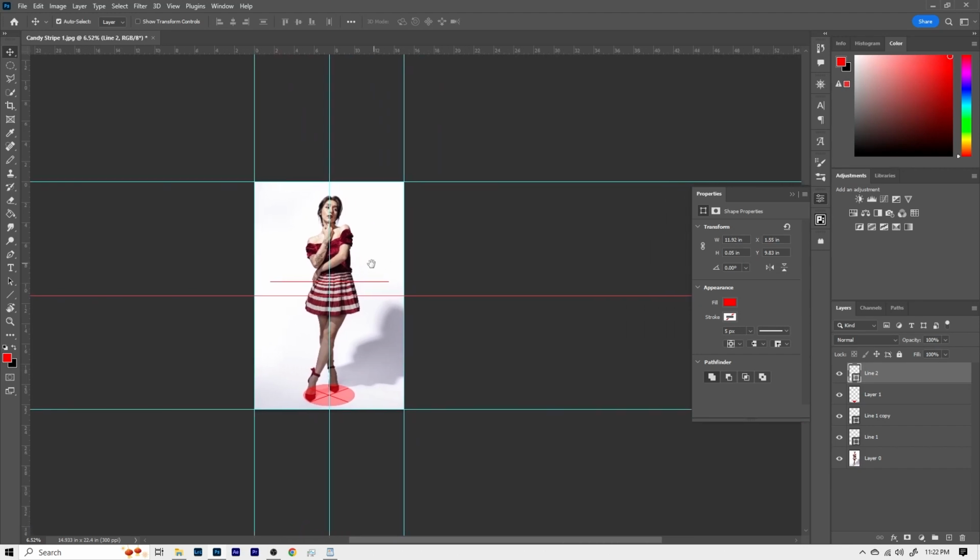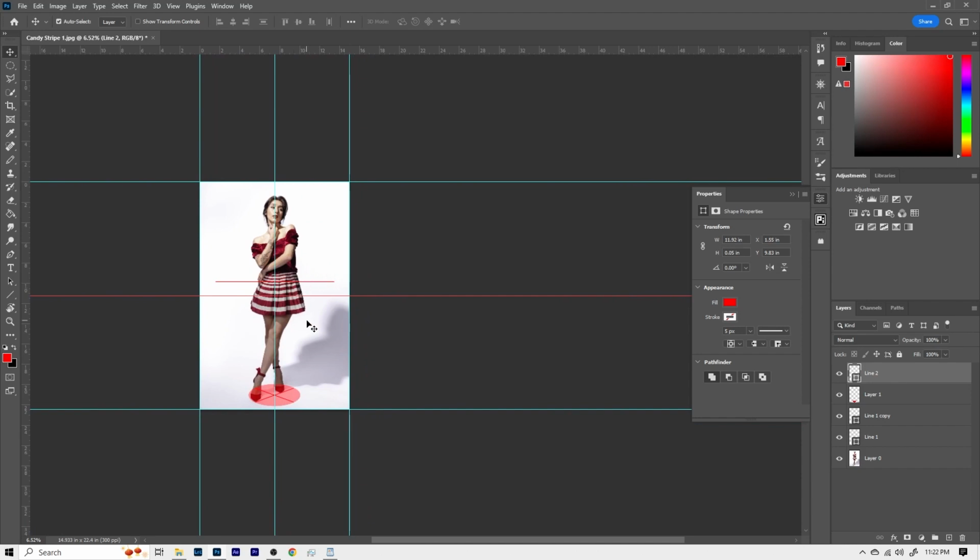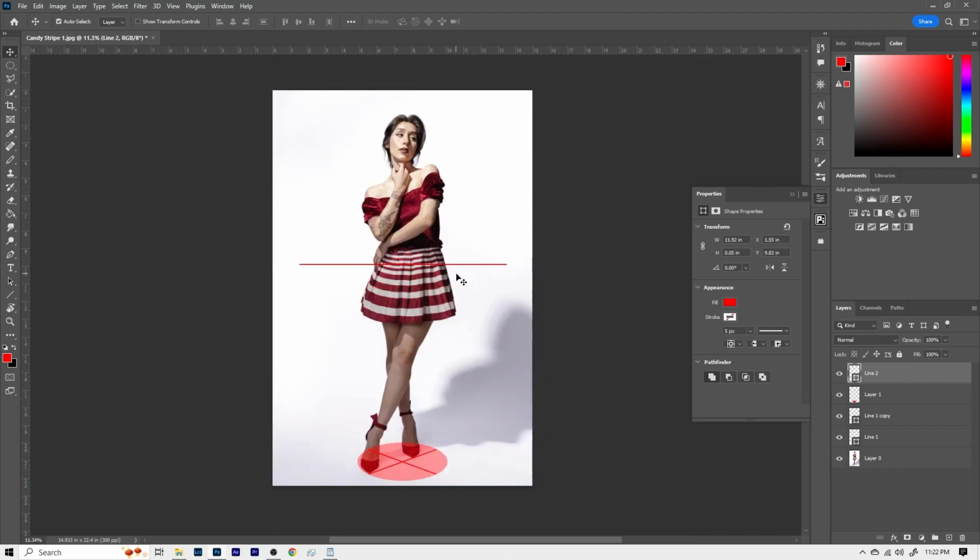So this may not mean a whole lot to you right now, but if I get rid of these guides, this is now the horizon, and the center of the frame is here. So that's where the camera's pointing, but level is here. So what you can tell is happening is the camera's up, but pointing down.